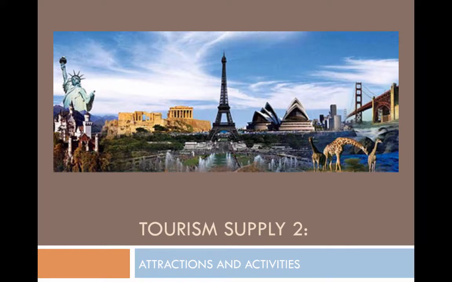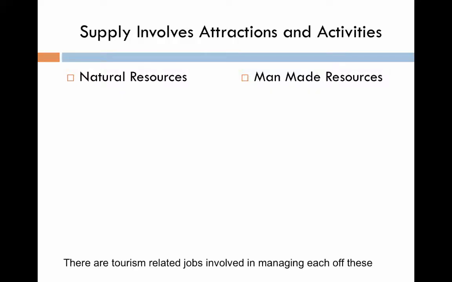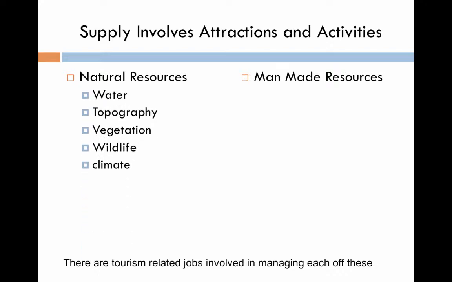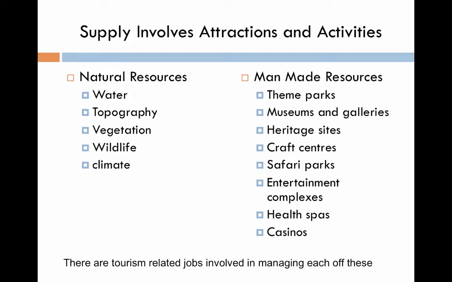We're going to talk a little bit about attractions and activities. Tourism supply involves attractions and activities. These can include natural resources as well as man-made resources. Natural resources include things like water, topography, vegetation, wildlife and climate, while man-made resources include things like theme parks, museums